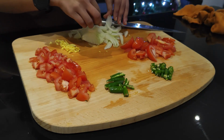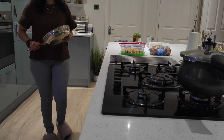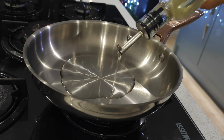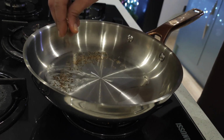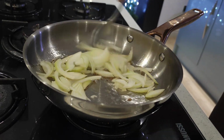I have chopped all that is needed further for the next set of cooking. Shreya loves rajma, and kidney beans are an excellent source of proteins and vitamins. So I keep a tin of kidney beans ready for her to use, and I just make the tadka ready